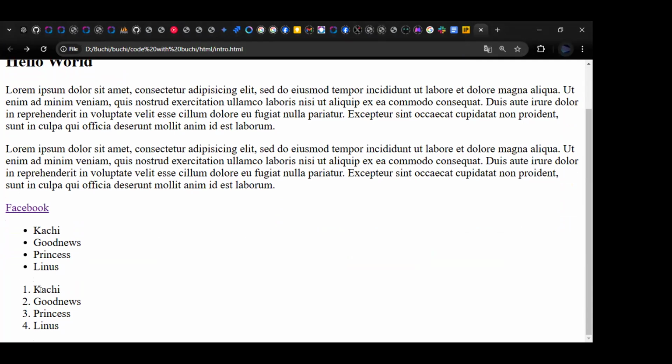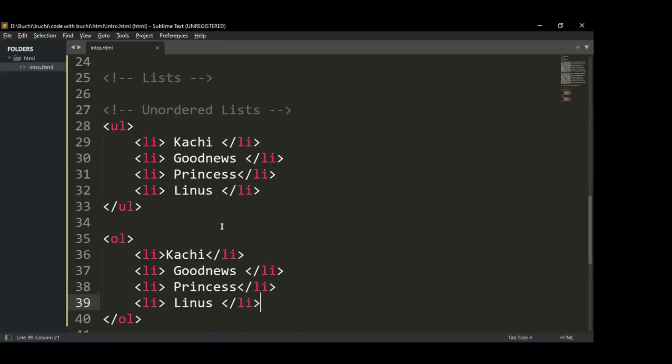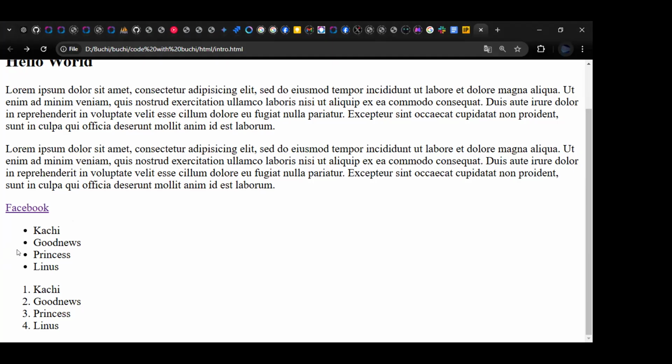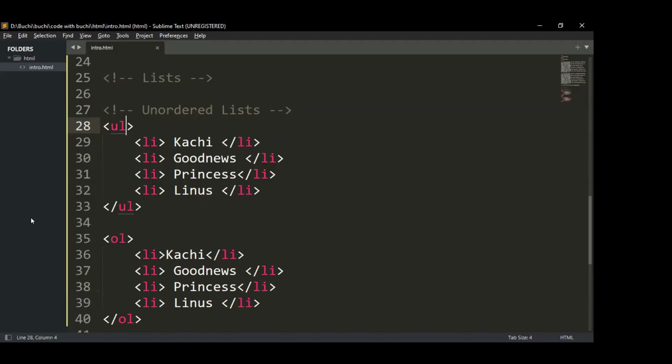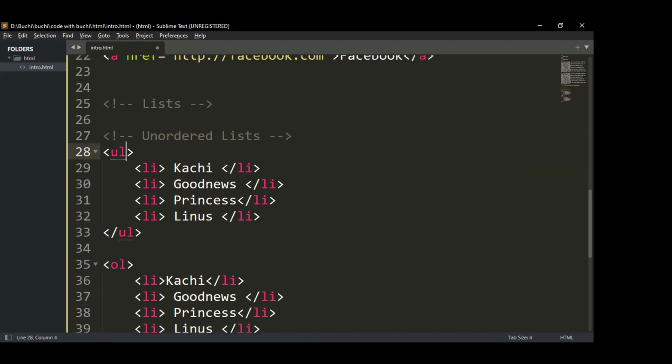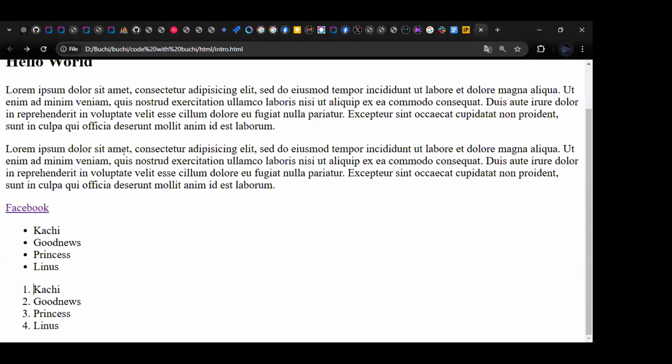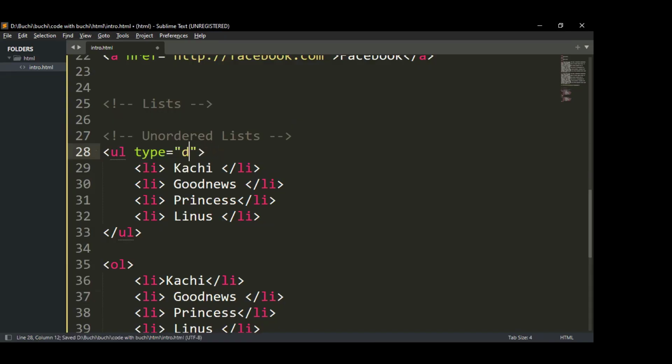Yes. But this list has numbers, and this one doesn't have numbers. Both of them are lists, but this one is ordered, and this one has no hierarchy. Now these bullets, you can format the kind of bullet you want. We've learned attributes already, so you can pass an attribute called type. The value by default is disc. If you change the value to square,